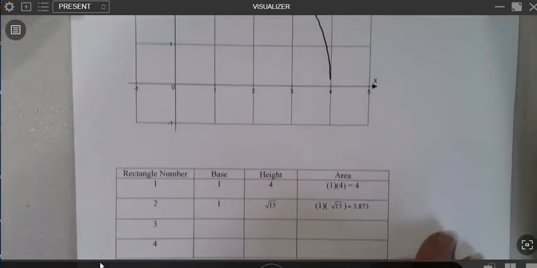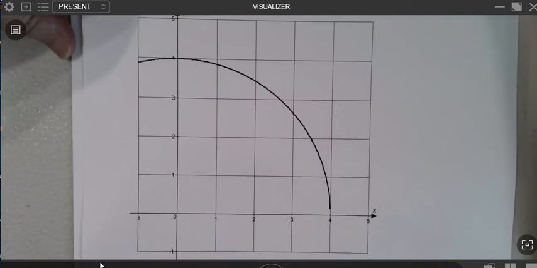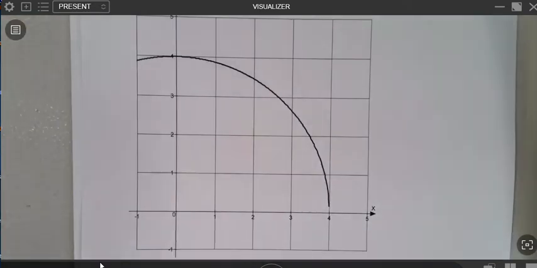What we're going to be doing is subdividing the area that we want to find into pieces that are rectangular. Now, of course, perfect rectangles won't exactly fit underneath that graph, but I can at least use them to approximate the area. So let's just start by defining our circle here,